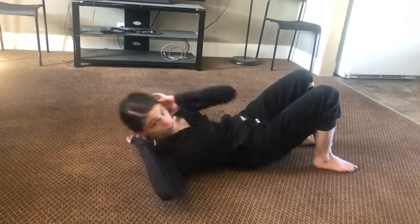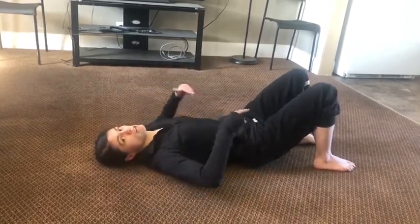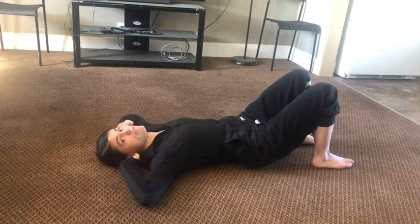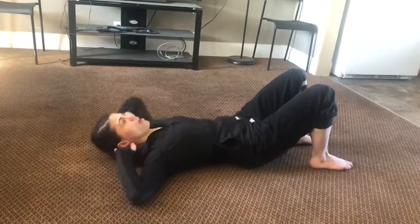We'll alternate these from side to side, and we'll do 25 on each side, okay? So a total of 50. So here we go. 5, 6, 7, 8, and 1,